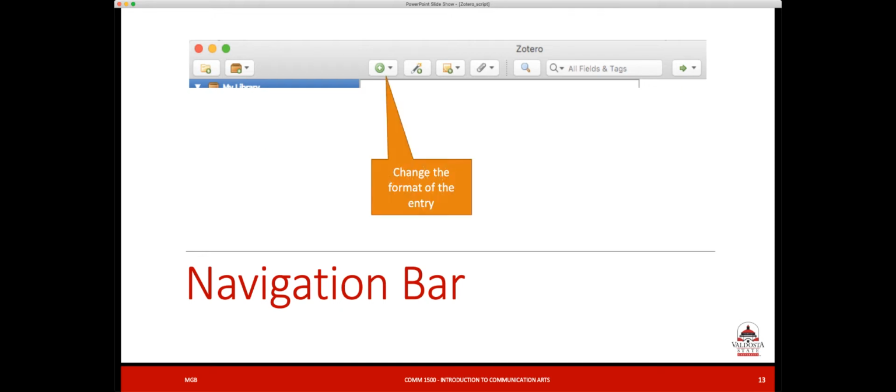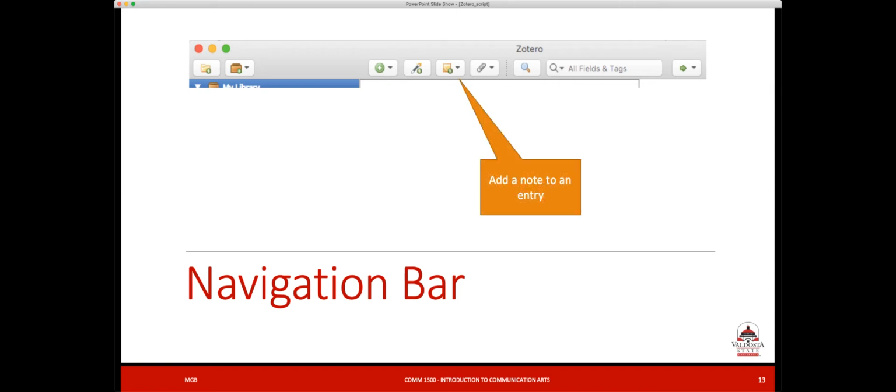The next is changing the format of entry. So you can change the format from a journal article to a newspaper article to a web blog and so on. And what it does is change the database field names for your information. The next item is add a note to an entry,